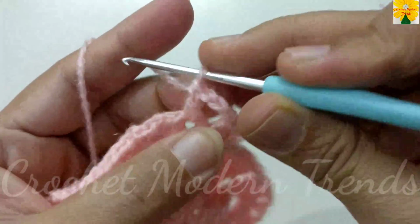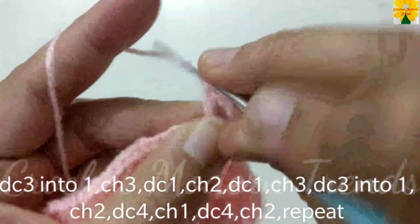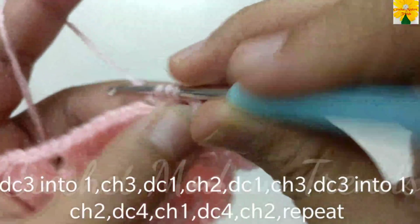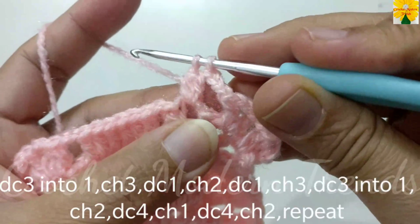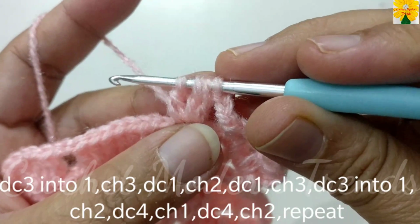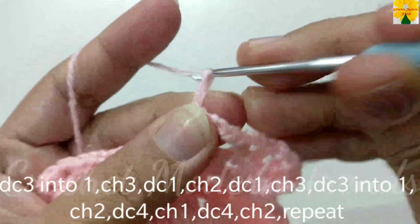Into the next chain space of 2, double crochet 1, chain 2 for chain space, double crochet 2, chain 1, 2, 3 for chain space. Into the next chain space of 2, double crochet 1, do not close it, double crochet 2, do not close it, double crochet 3. Now there are 4 loops on the hook, pull through all the 4,